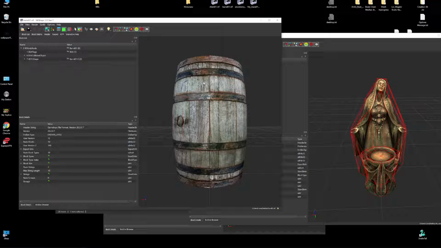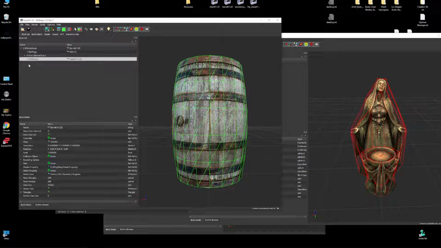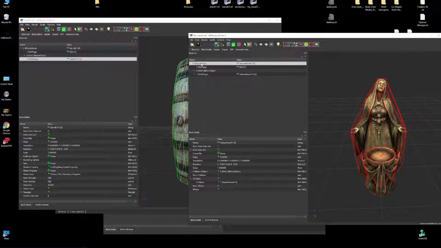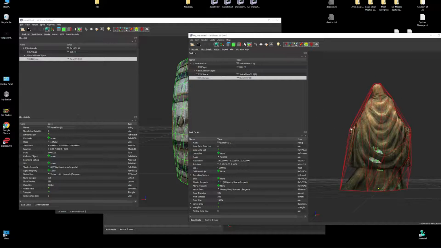All you need to know really to begin with is I want to get this barrel into this NIF with Mara. So I'm going to go to this tree, and I'm going to right click, block, copy branch. I'm going to come over to Mara, and I'm going to go to the fade node, the top one. I'm going to right click, paste branch. As you can see, there it is.